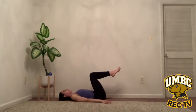Return your arms along the sides of the body, palms face down. Line the knees up over the hips. Line the ankles up with the knees. On a count of 3, we're going to lower our right foot or toe down to the mat, keeping low